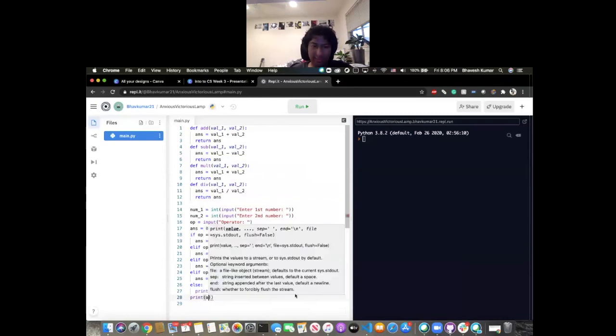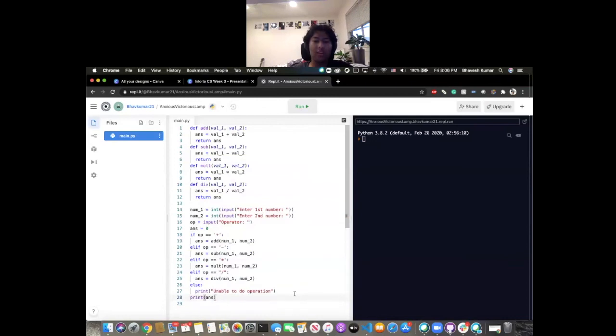Now, in the case that whatever we put in the operator was none of the above, then we would get the answer of 0. That's why we need to create this variable outside of the if loop so that you can access it outside of the if loop. So now if we run this function,